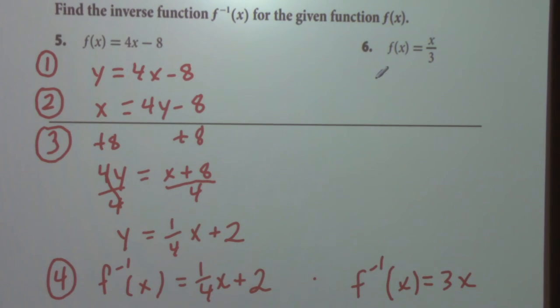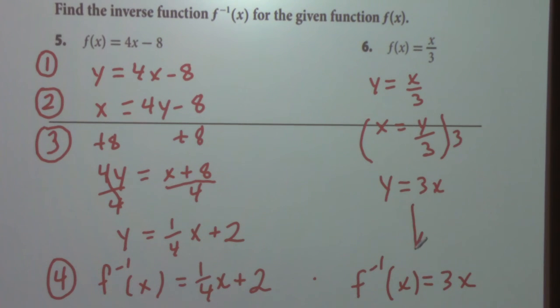Step 1, we have y equals x over 3. Step 2, we have x is equal to y over 3. Step 3, we're going to multiply both sides by 3. So we get y is equal to 3x. And then finally, we get down to this step here, okay? Now,